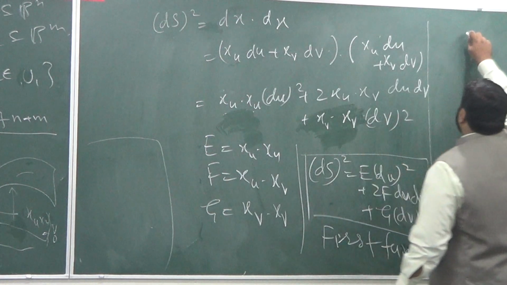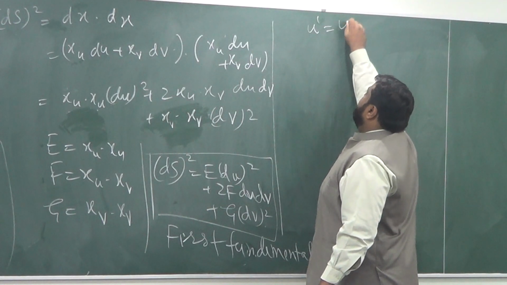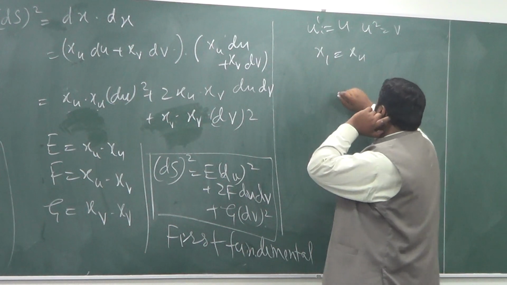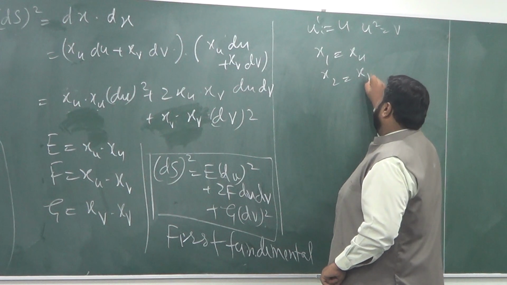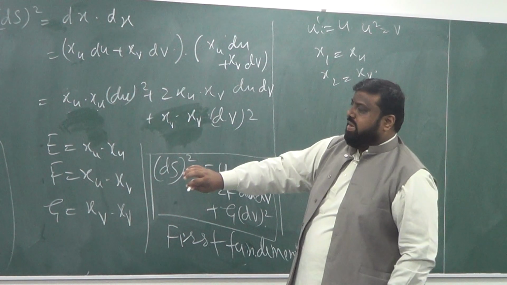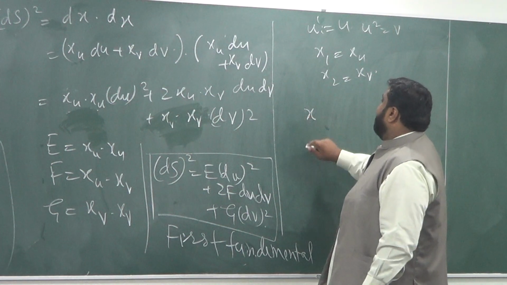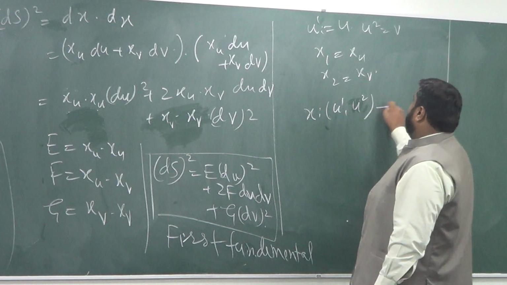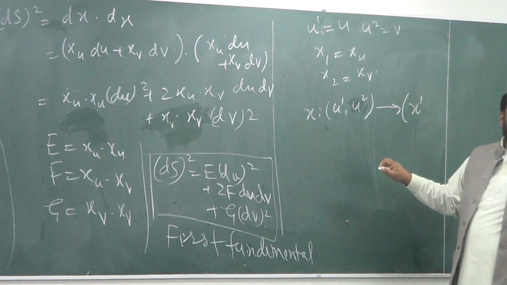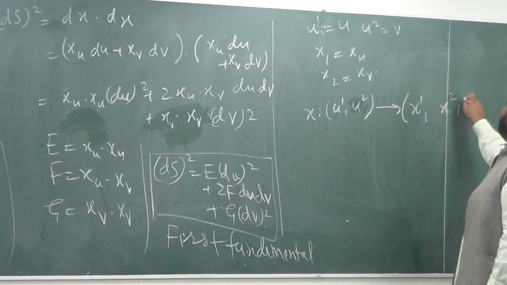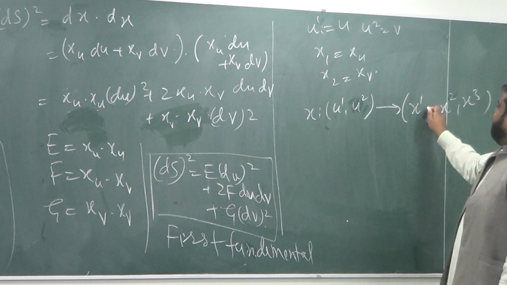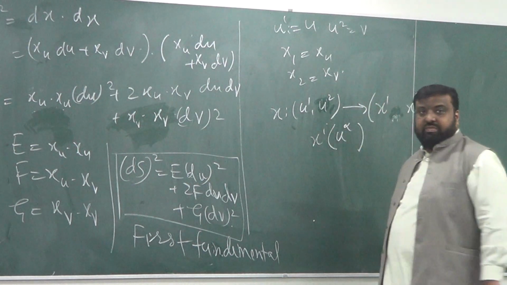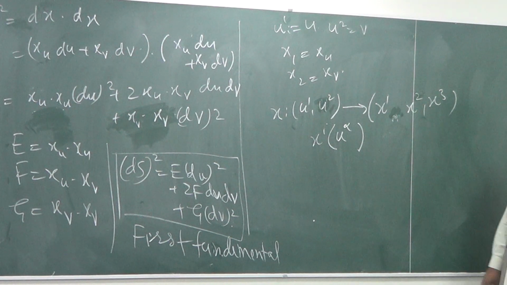For that, I would say that let's take U1 to be U, and U2 to be V, and X1 to be XU, and X2 to be XV. Okay, and by parameterization, I'm going to mean that it's a map that takes this U1, U2 and gives you what? 3 components basically. So it will give you the coordinate maps x1, x2 and x3, where each one of these xi's is a function of these u alpha. Okay, so with this notation,